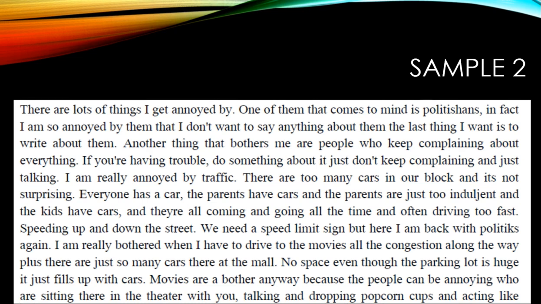I'm really annoyed by traffic. There are too many cars in a block, and it's not surprising. Everyone has a car. The parents have a car, and the parents are just too indulgent, and the kids have cars, and they're all coming and going all the time, and often driving too fast, speeding up and down the street. We need a speed limit sign. But here I am back with politics again. I'm really bothered when I have to drive to the movies. All the congestion along the way, plus there are just so many cars there at the mall. No space. Even though the parking lot is huge, it just fills up with cars. Movies are a bother anyway, because the people can be annoying who are sitting there in the theater with you, talking and dropping popcorn cups and acting like